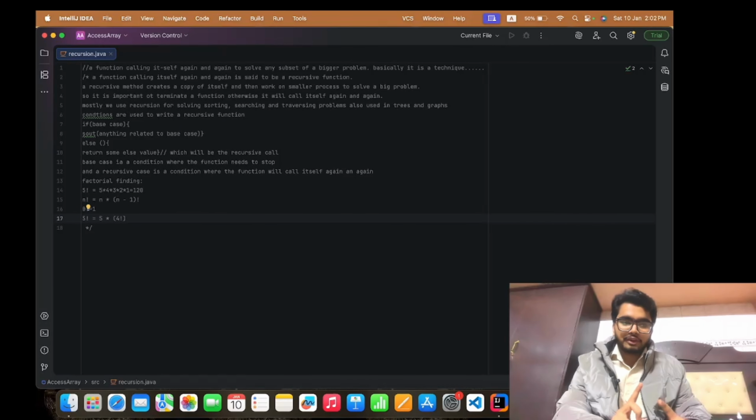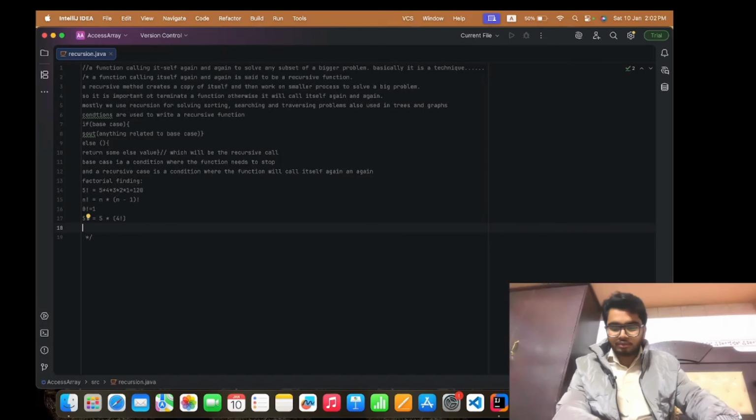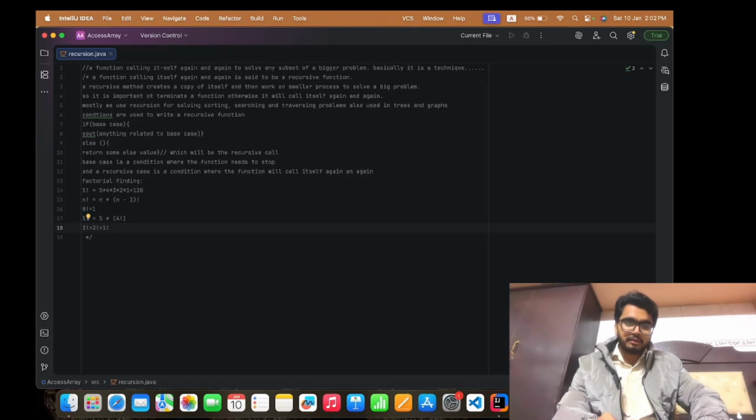So if you need to find the factorial of 5, you need the factorial of 4. If you need the factorial of 4, you have to know the factorial of 3, and like this you will need to know the factorial of 2, and then the factorial of 1. So is this somehow related to recursion, right? This is what recursion is. For finding the factorial of one thing, you need the factorial of another thing, and for that another. This is also called a recursive function, recursive calls.